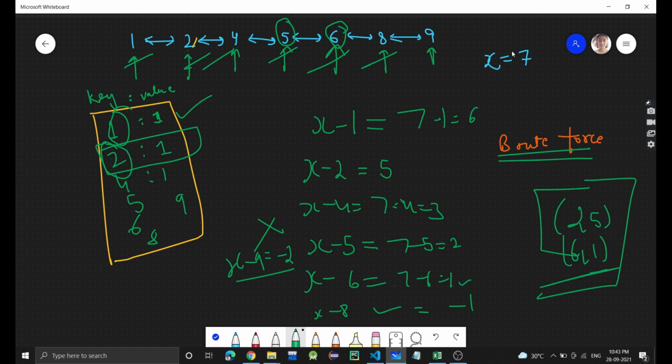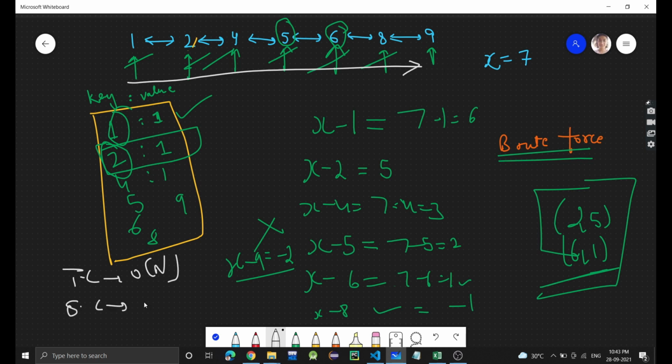So this is one approach in which we are using a hash map. Since we are doing a single traversal, the time complexity will be O of n, where n is the linked list length, the doubly linked list length. But the space complexity is O of n again. Why? Because all the doubly linked list nodes 1, 2, 4, 5, everything is in the hash map. So the worst case space complexity will be O of n.